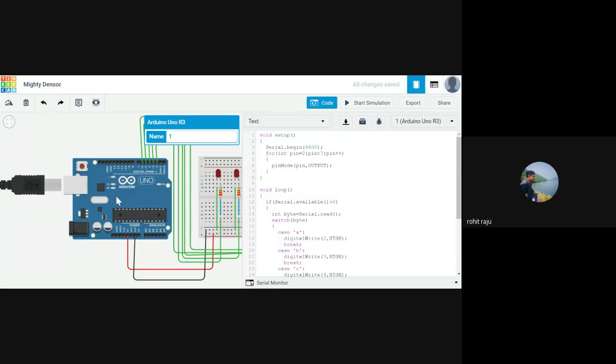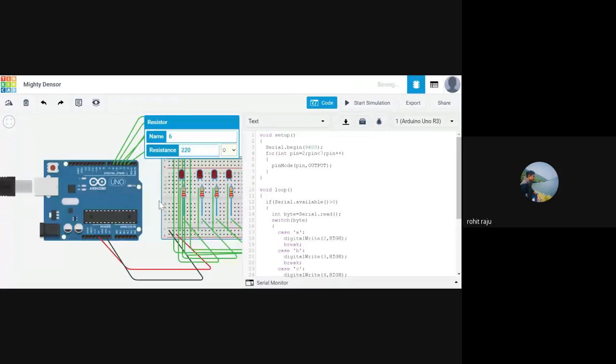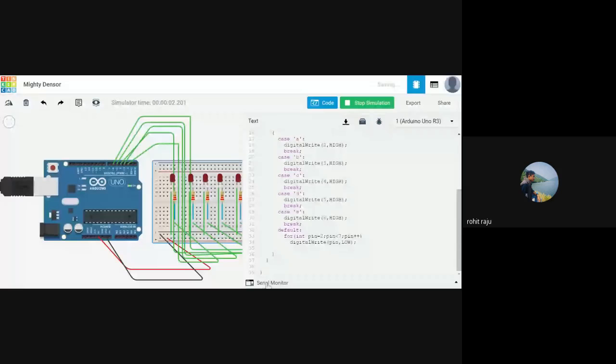Now let me stop this. This got messed up a bit. Let's type A. As you can see here, this LED starts glowing. You can change the color of the LEDs. I used all red.